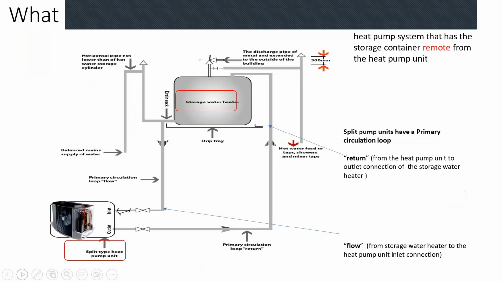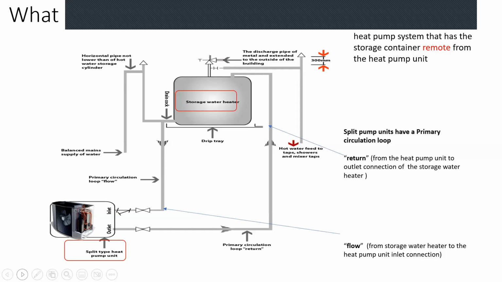So what is a split heat pump unit? Simply put, it's a unit that is split. So you'll have a heat pump. If you look at the diagram there, the storage is not joined directly to the heat pump, but joined via a circulation or primary circulation loop. The heat pump obviously fulfills its function. You might find that the storage heater is in the roof and the heat pump unit is outside. So a split heat pump unit is a system that has a storage container which is remote from the heat pump unit. You look at the diagram, I think it's important that these units have a circulation loop, as mentioned,